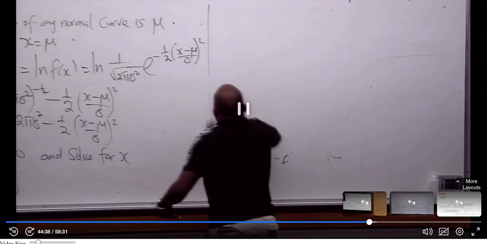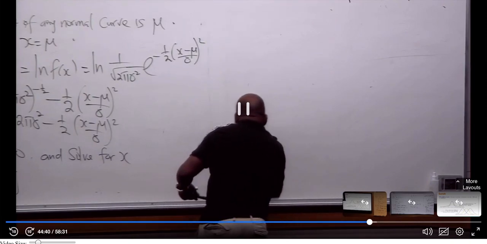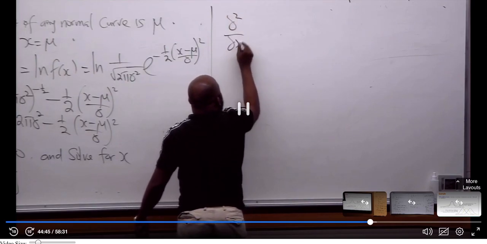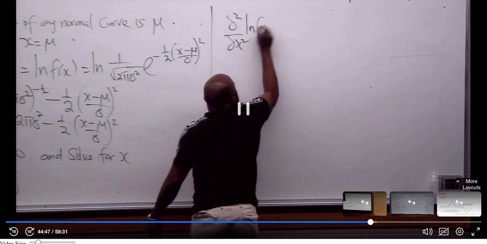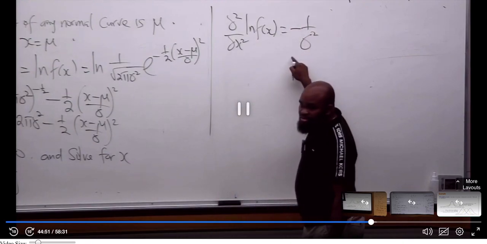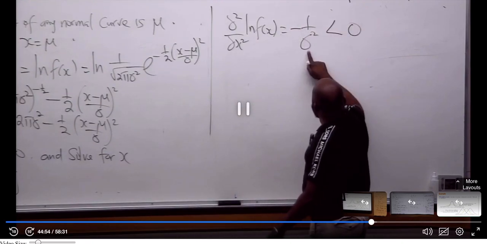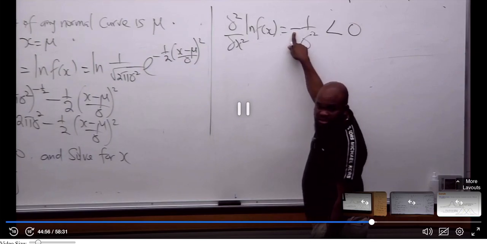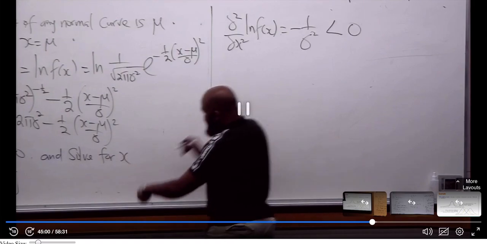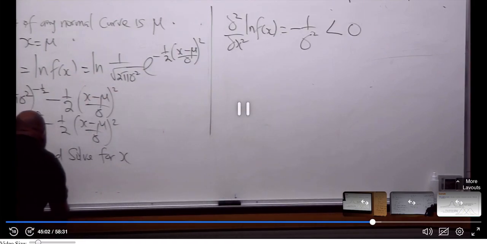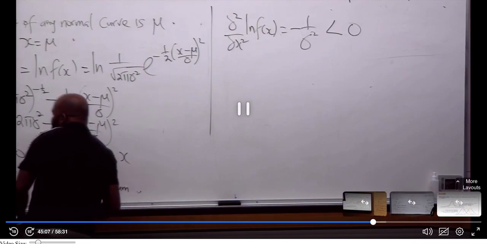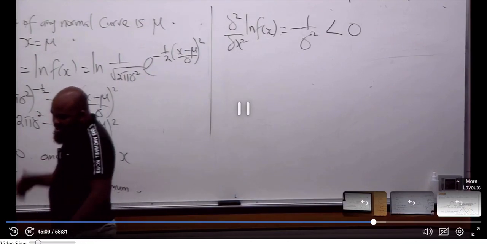When you do the second derivative, I think that is going to give you this, if you can try that for the normal distribution. And this is less than 0 because sigma squared is positive, but this is going to be negative. Which means that point is a local maximum. Now, the last thing I'm going to do before I go